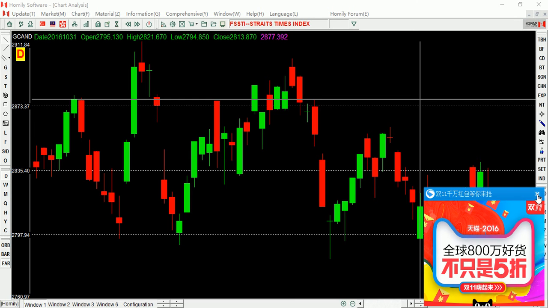So you can see, maybe this is the yang candlestick, and this is the close price. Maybe this is the yin, this is the close price, and this is the yang close price. If you see this one, this is the low point. You should confirm that this is the low point, then you count this as one, this as two, this as three. If you see the next candlestick whose close price is higher than the second one and lower than the third one, this is the buy point for the short term.